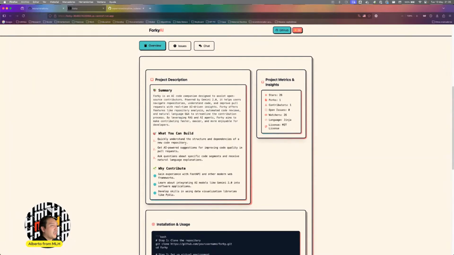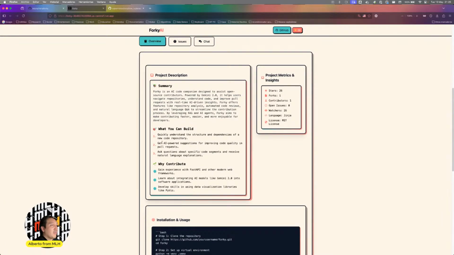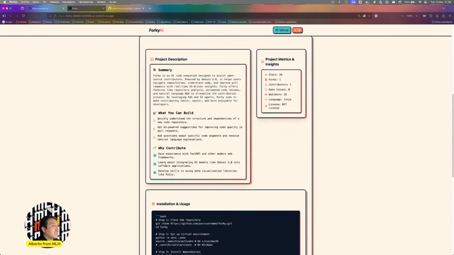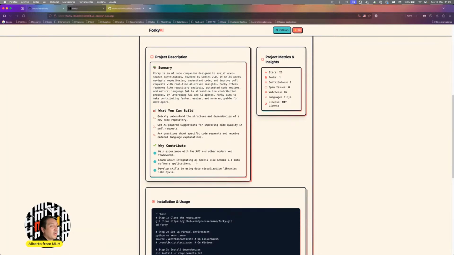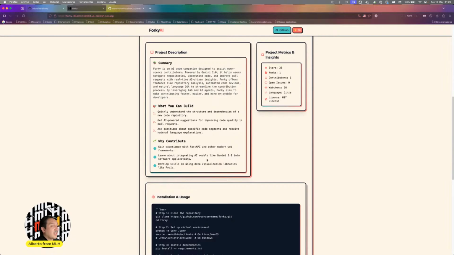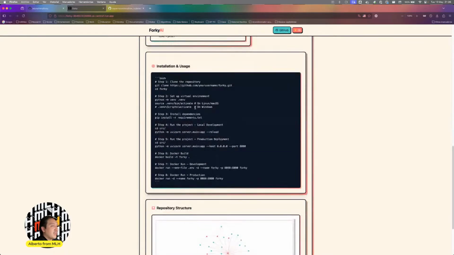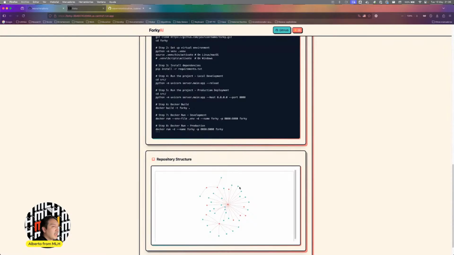What you can build: quickly understand the structure and dependencies of a new code repository, get AI-powered suggestions for improved code quality, and so on. Why contribute? Gain experience with FastAPI and other modern web frameworks. Learn about integrating AI models like Gemini 2.0 into software applications. Develop skills using data visualization libraries like Pyvis. So the installation is great, but it's already covered in the README. That we already saw, and the structure of the project: